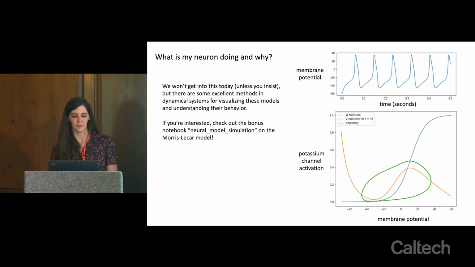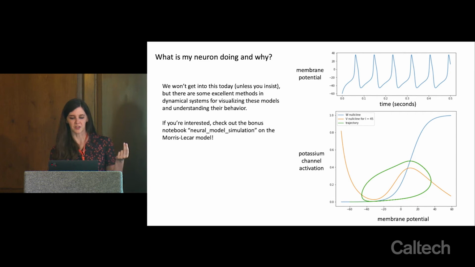So here I'm plotting the membrane potential of the neuron on the x-axis and the activation of potassium channels on the y-axis. As you'll see in the notebooks, with the dynamical equations for the Morris-Lecar model, we can compute what are called null lines, which are these orange and blue lines here. These are basically telling us what the steady state value of either the membrane potential or the potassium channel activation is for different values of these 2 things. So if the membrane potential is very low, the steady state value of the potassium channel activation is near 0, so none of them are open.